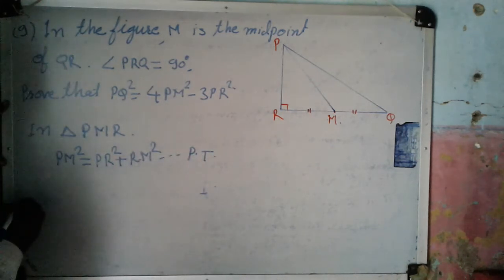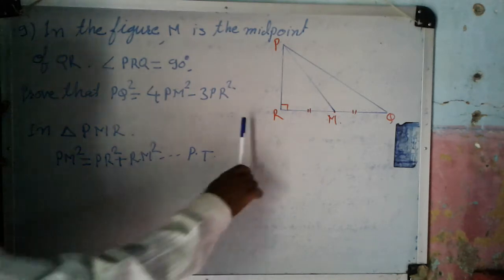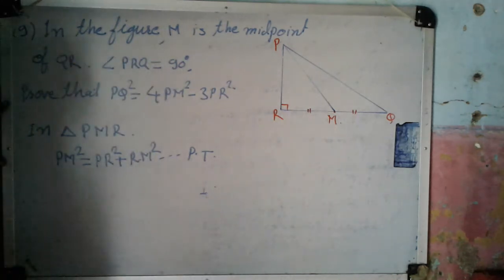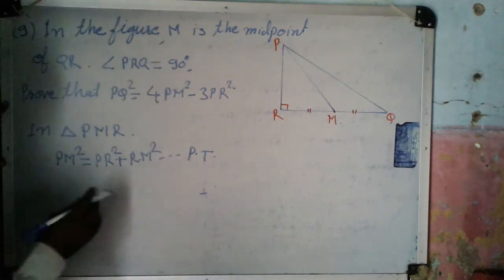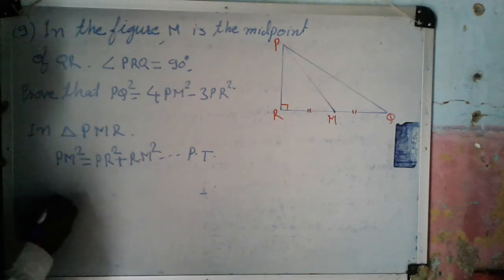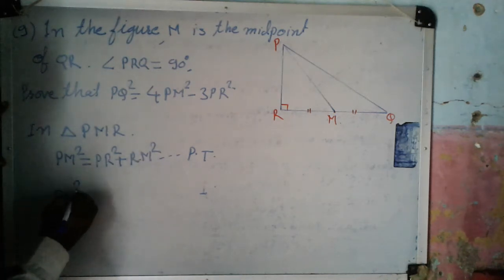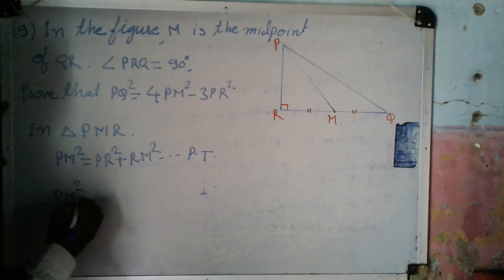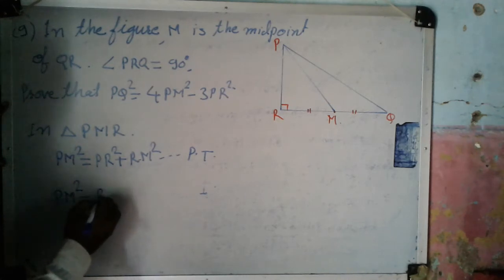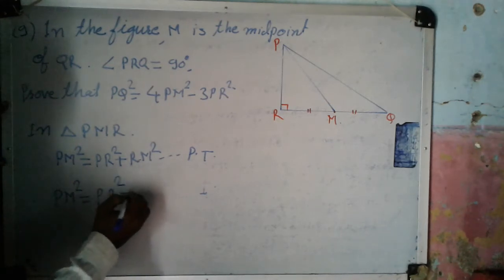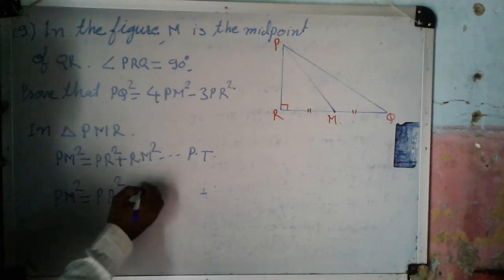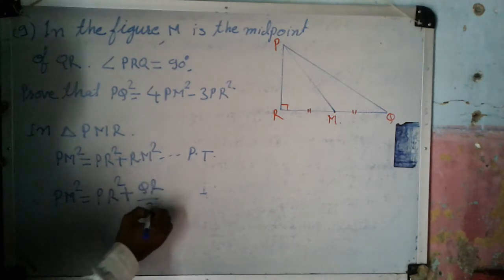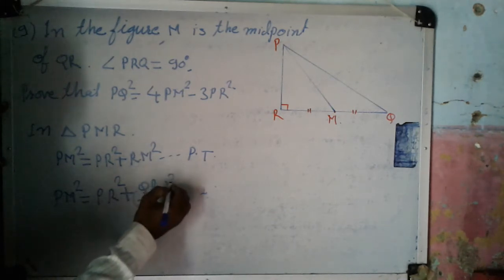But RM is equal to QR upon 2. To put the value of this RM, therefore, PM square is equal to PR square plus (QR upon 2) whole square